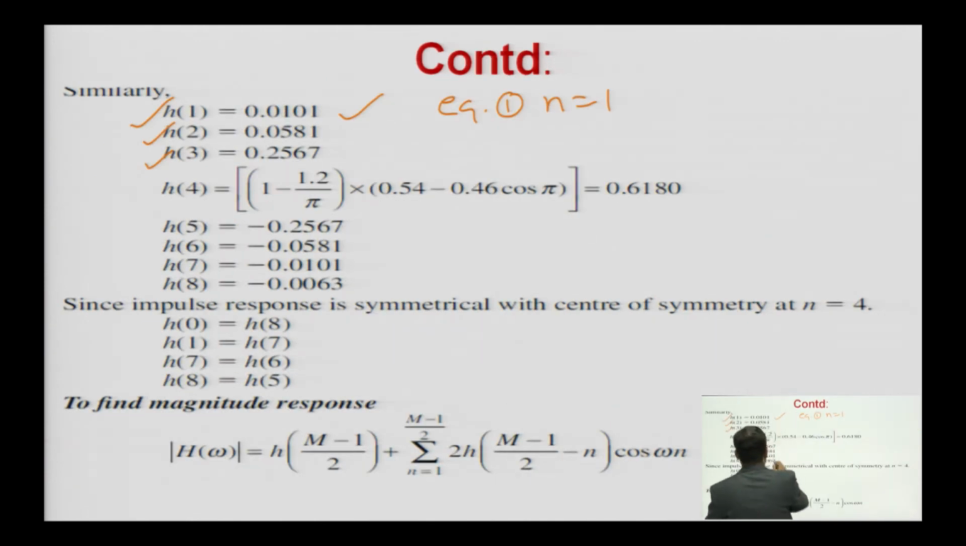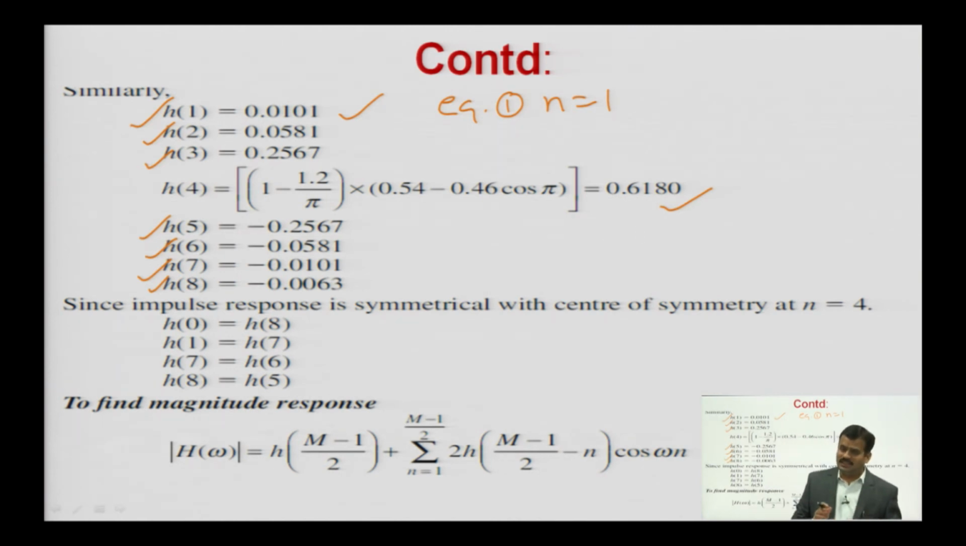So, h of 4: this is 1 minus 1.2 upon pi into this, then you will get 0.6180. Now, n is equal to 5, you have to put, then h of 5 you will get, then h of 6 you will get, h of 7 you will get, h of 8 you will get. In this way you can calculate all the filter coefficients from h 0 to h 8, and that you needed